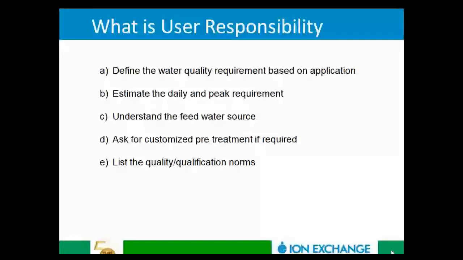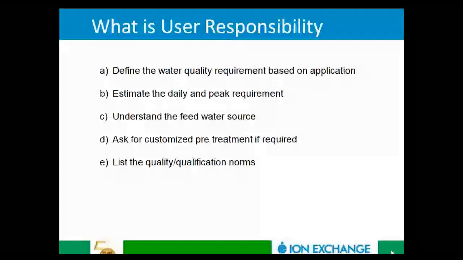Say a lab starts at around 9 o'clock and works till evening 6. In the entire day, the lab may be using 100 liters. However, early in the morning, when the lab people come, they would need a good amount of water at a single stretch to prepare the buffers and the media. So probably in the first 1 hour, the customer may require around 30 to 40 liters of water at a stretch, and the balance 60 liters would be utilized over a period of 6 to 7 hours. So that's the difference between a daily requirement and the peak requirement.